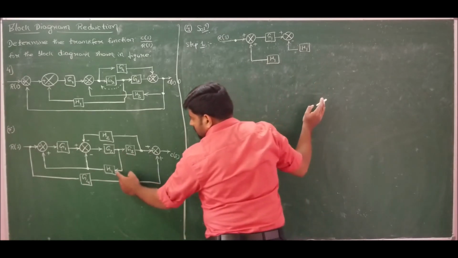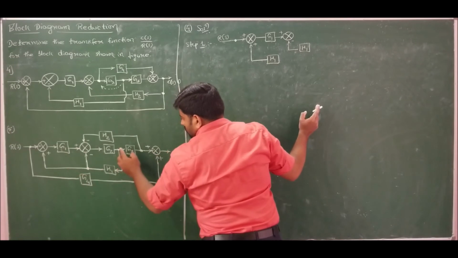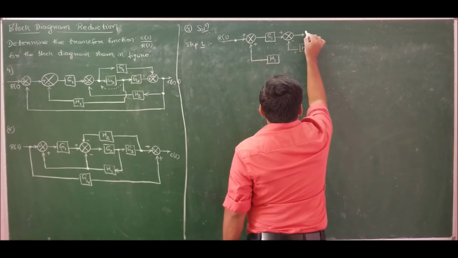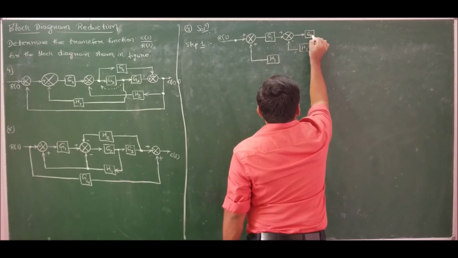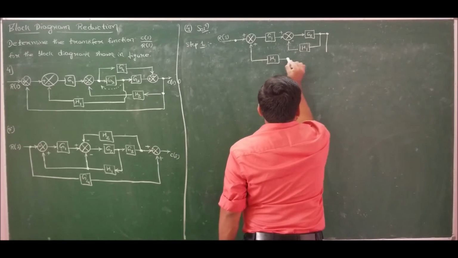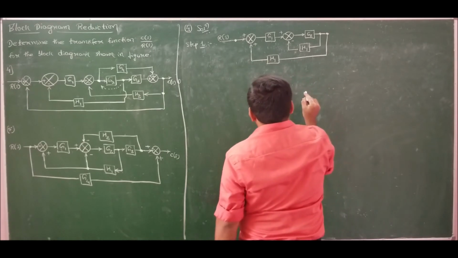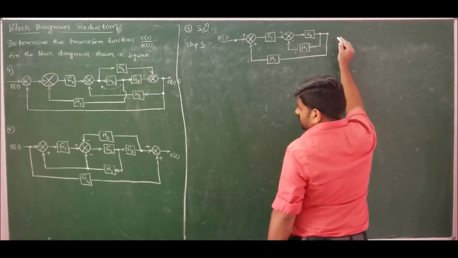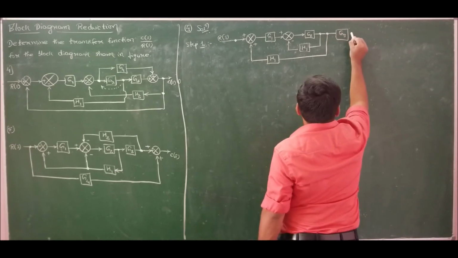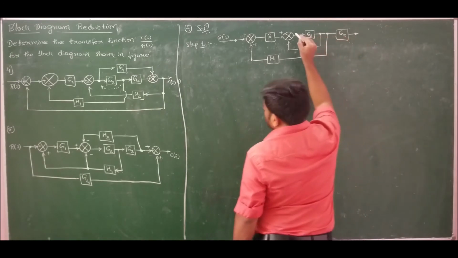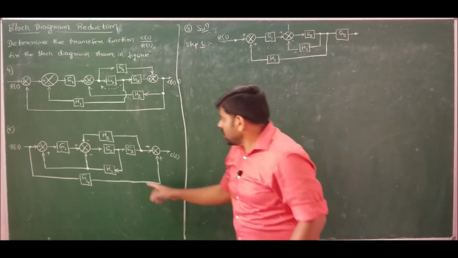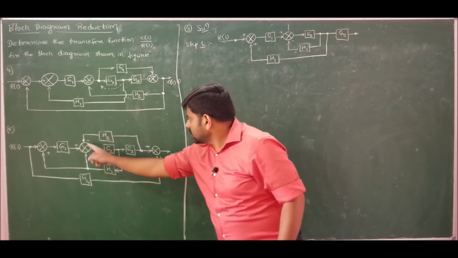So since H1 is going to this and H1 is going to this, so two H1s are going, so therefore let me write this twice. We have G2, two H1s are going, so I have split it and wrote for better understanding, and we have G3 and we have a feedback H2. So here also we have feedback H1, we have feedback H2.